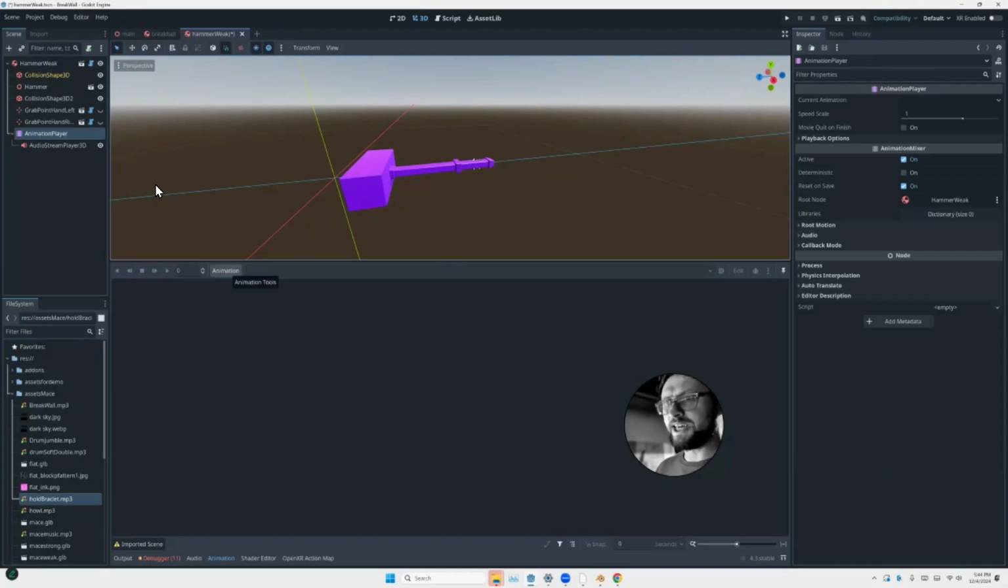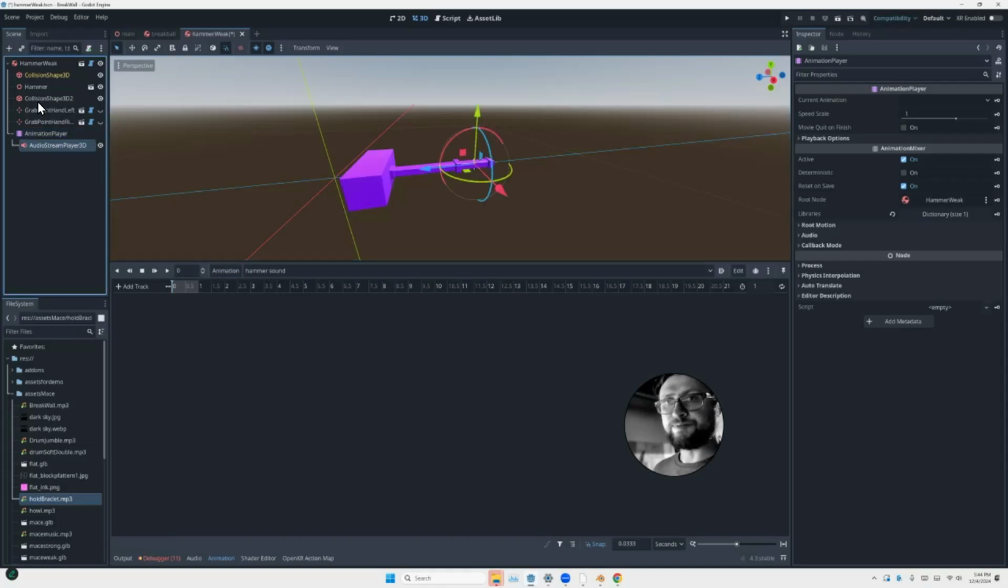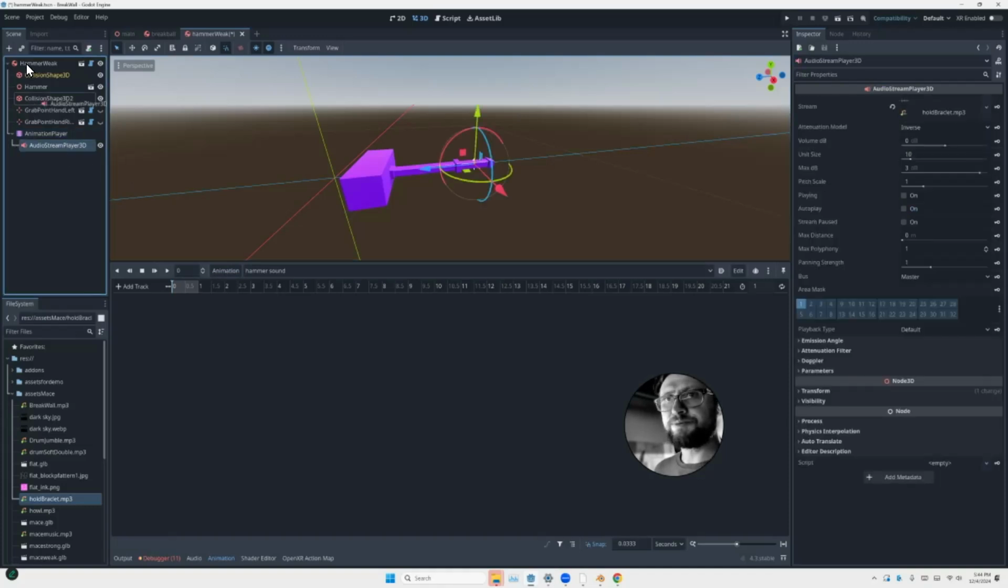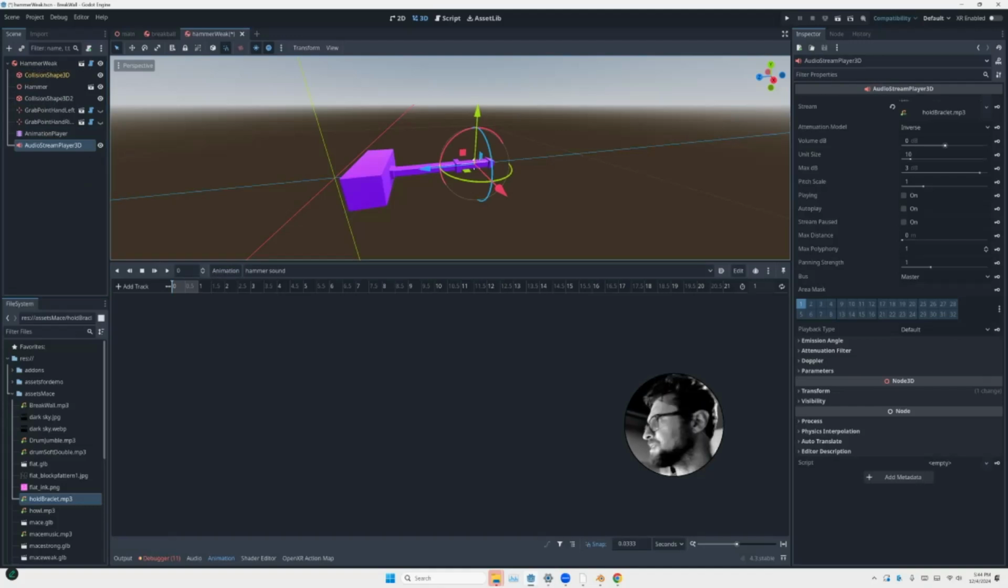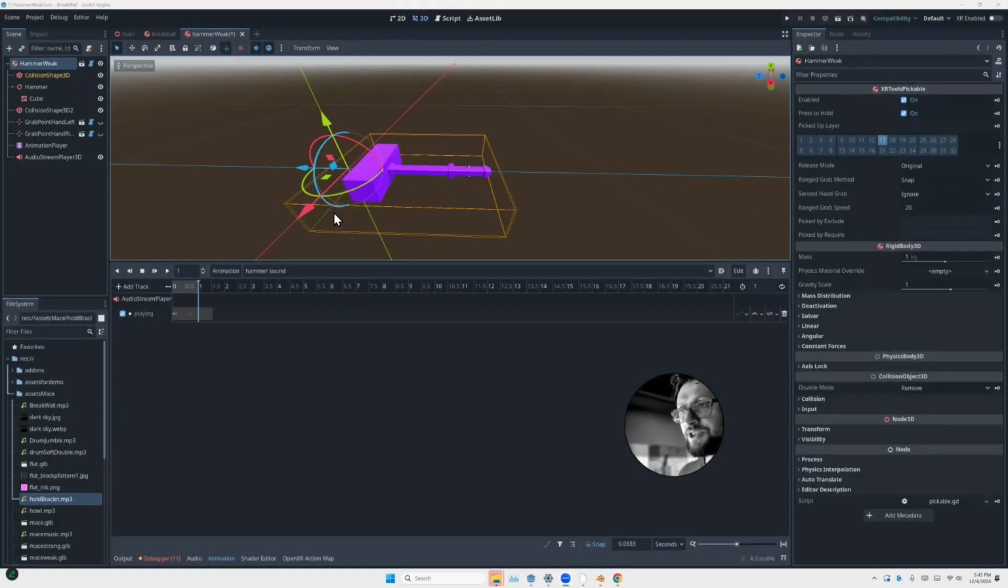So we need to create a new animation. New animation, we'll call it hammer sound. And go to this audio stream, which doesn't need to be parented in there. It can be anywhere in the scene. And we'll go to playing, and we'll just turn that on. We'll create a keyframe for it. Okay, so with the